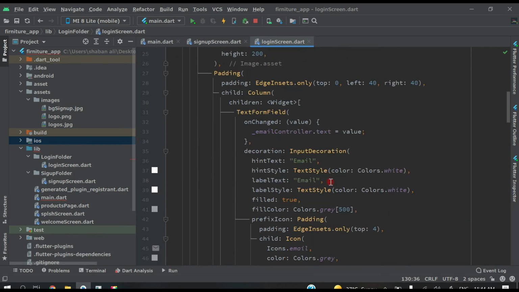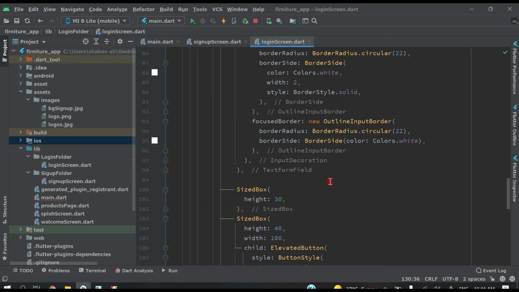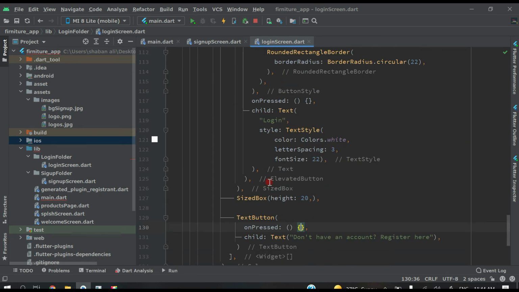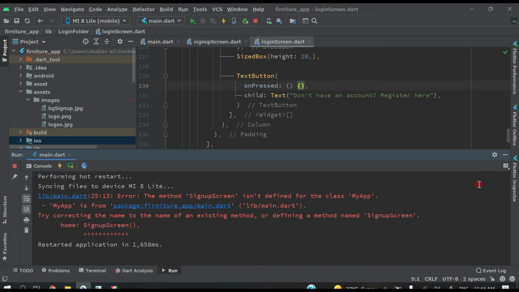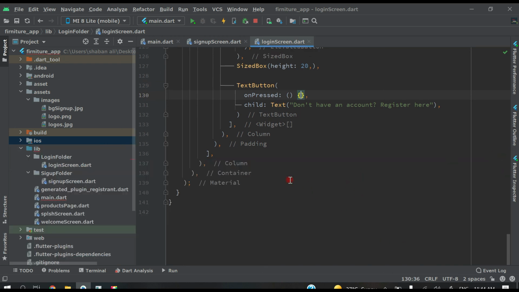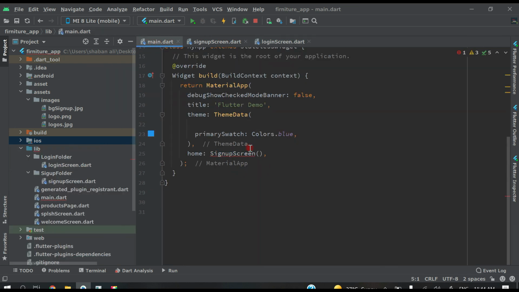Now the time is to test this application and this screen, whether it's working or not. So quickly let's check how it's looking. So click here on run. We have to pass this login screen first in the main, because we want to go to the login screen directly like this.